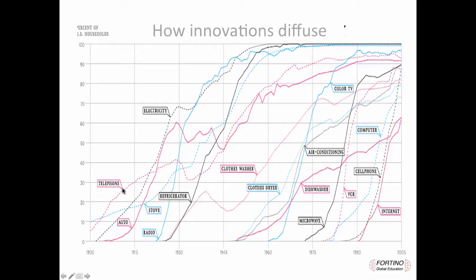For example, the telephone. The telephone went through a period where its growth should have gone straight up into saturation in that very unique curve, but it didn't. It slowed down, mostly for a number of reasons. In this period of time in the United States, as there was worldwide, there was a depression. Fewer people could afford telephones. Same thing with electricity. There was a little bump here.